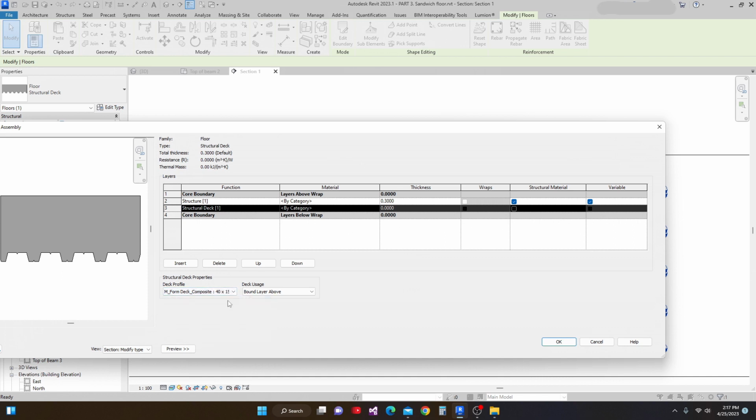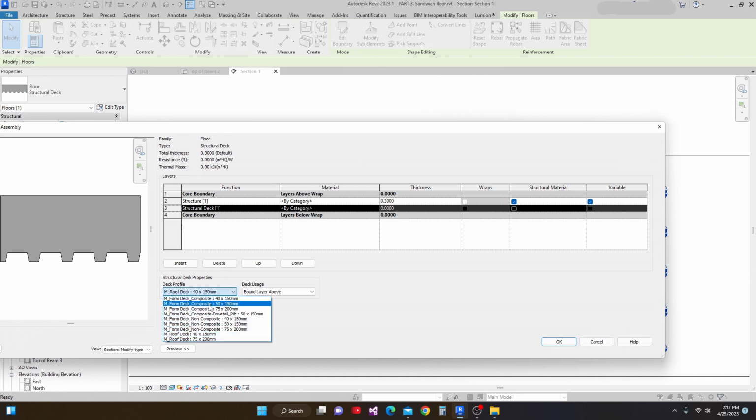Now if I'm going to choose the first one, and then second one, and then third, and then fourth, dovetail, and then this one composite,